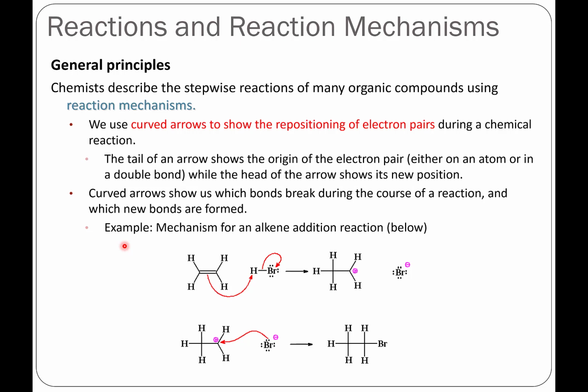And a reaction mechanism depicts the flow of electrons in a chemical reaction. And we use these curved arrows to show that. Now, what you will notice is Bettelheim does write a few mechanisms from time to time. And there's a tremendous amount of explanatory power there,